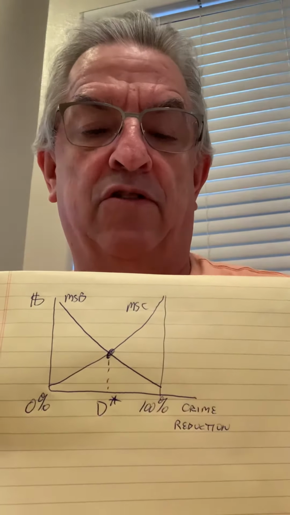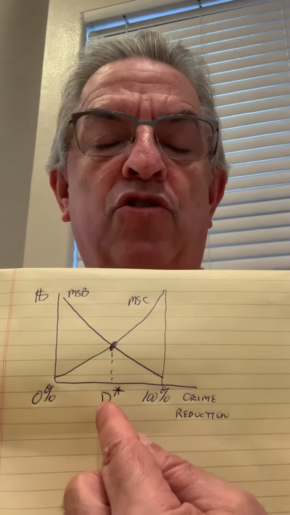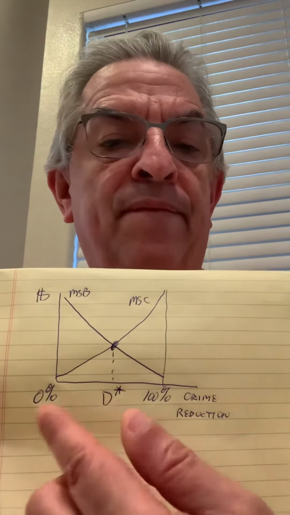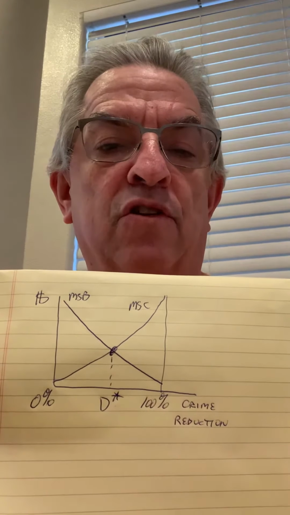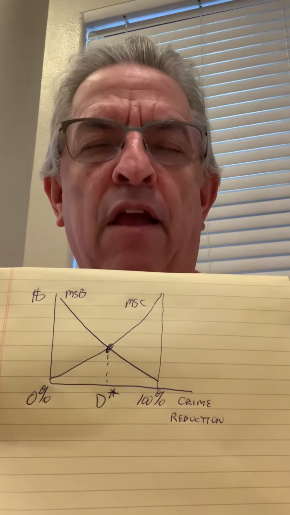And so when we compare the marginal benefits and marginal costs, we get D star as the optimal level of crime reduction. Anything between 0 and D star, it's economically efficient to do more to reduce crime. Anything beyond? No. In fact, you are taking away more things of value from other sources than the benefits you're reaping from additional reductions in crime. So any amount of crime is too much is a false statement. You should understand why. All right, let's take a look at the questions at the end of the chapter.